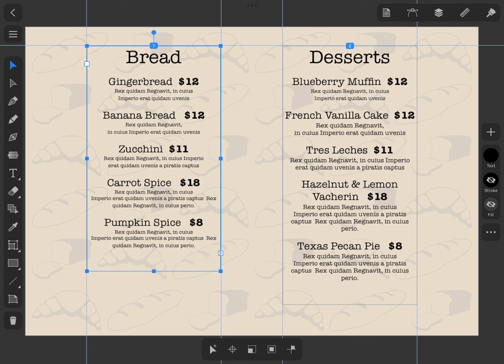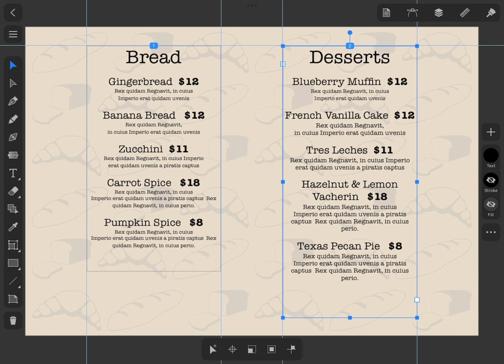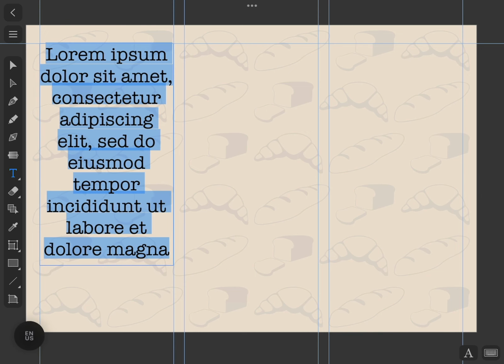If all of the present text boxes are full, but there's more text remaining, the last frame in the sequence will display a red plus icon on the right-hand side. This plus indicates that a portion of the text didn't fit and therefore cannot be displayed. Let me show you how linked text boxes work by drawing columns from scratch.